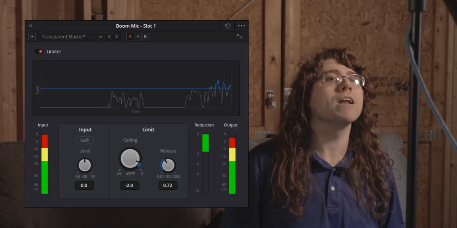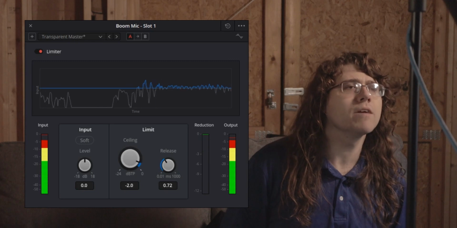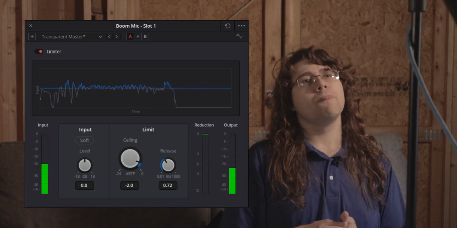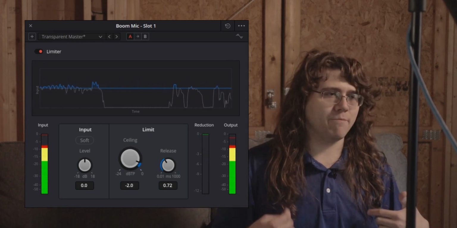So, for example, if I scream really loud, that right there probably clipped. That is what clipping audio sounds like. It's horrible, horrible sounding audio. You do not ever, I'm gonna say it one last time, ever want your audio to clip. Which, me saying it that loud might have actually clipped my mic. Anyway, my point of the matter is that you don't want that.